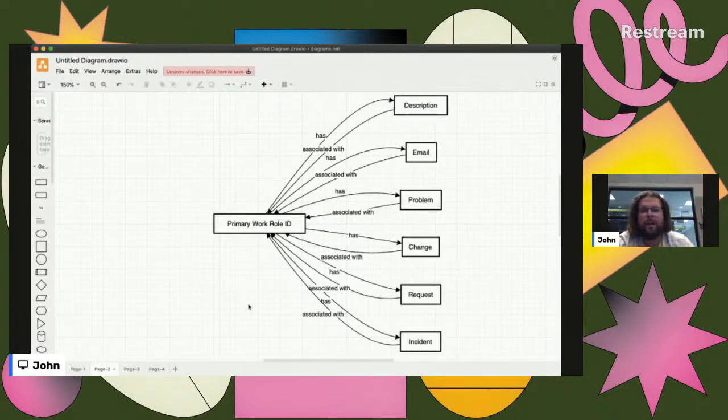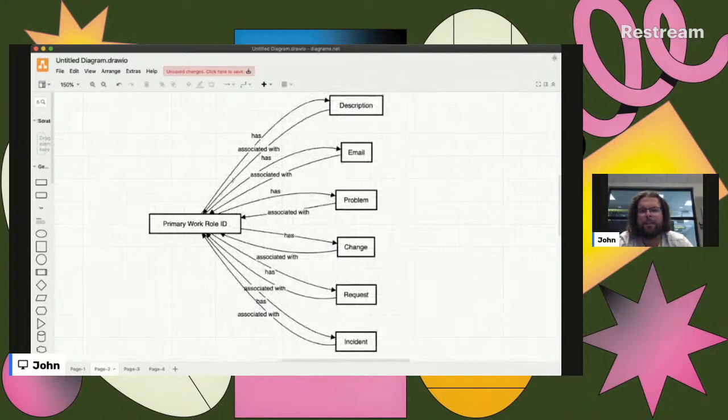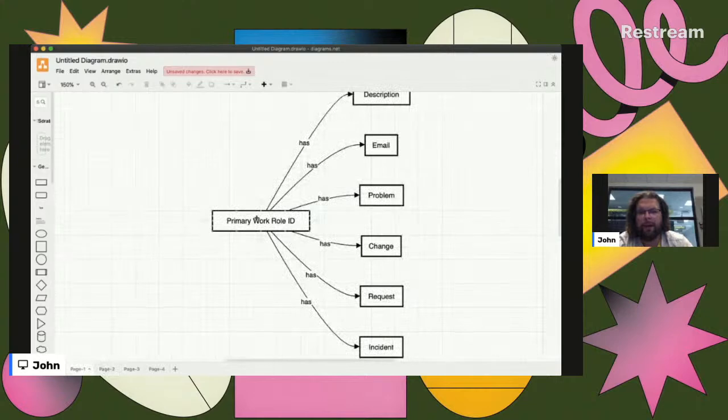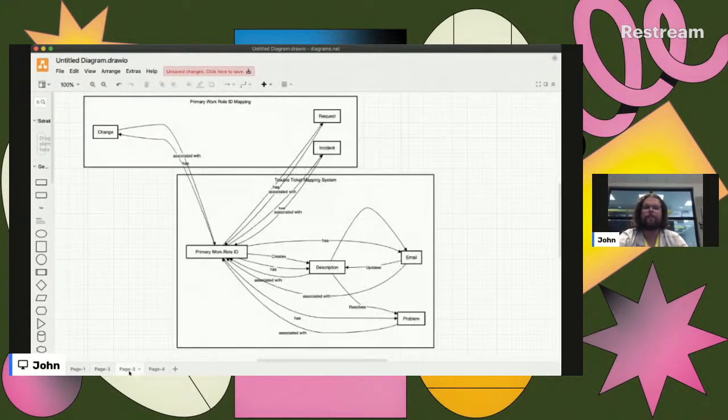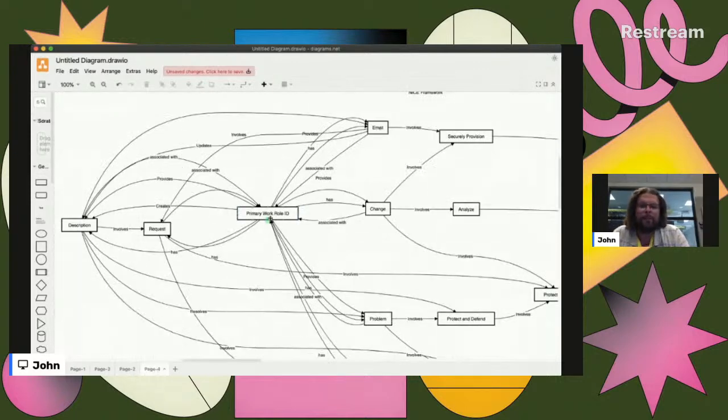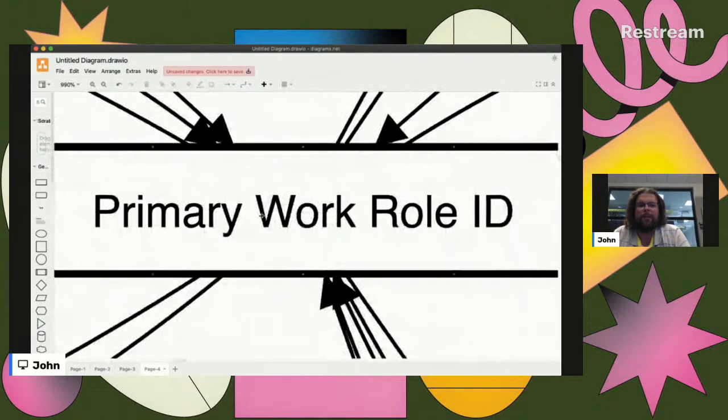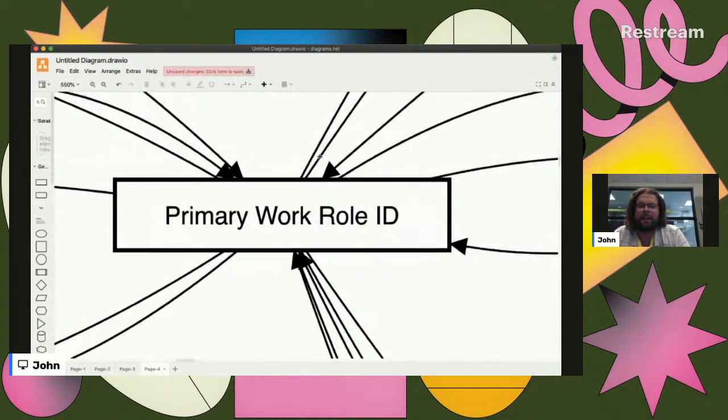And here what we've done is given the relationships between the objects. So here we went with ID, and then we identified what we want to do. And now we have an understanding of the contextual relationships. So we see where we have associations. And then here, this lets us start to break these down into multiple groups. So it's a little bit more clear. And now we're going to add some abstract components. So again, we're focused right here on this primary work role ID, but we see a lot of dependencies and